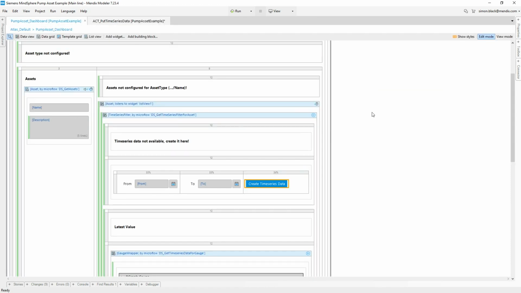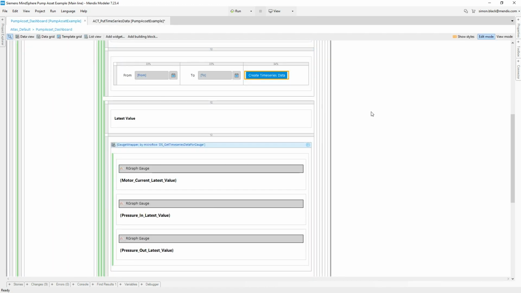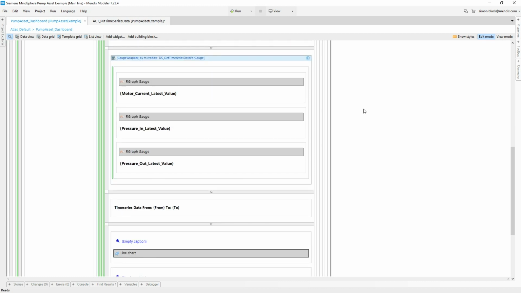It also has some example pages to show you how to build out things like graphs and charting to showcase information that is coming live from the actual IoT devices. And once you're happy with this application, you can then build a package for it and deploy it using the command line for Cloud Foundry. Simply by logging in and giving it the actual package, it will build the application, deploy it into the MindSphere platform, and allow you to run that and use it within your environment.